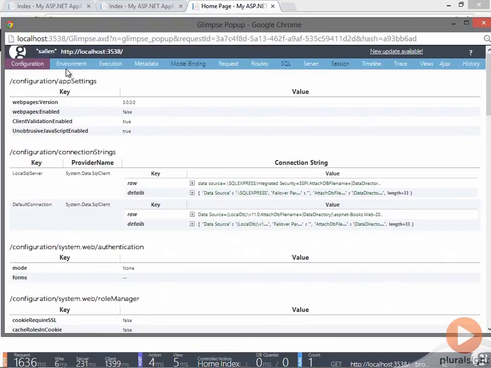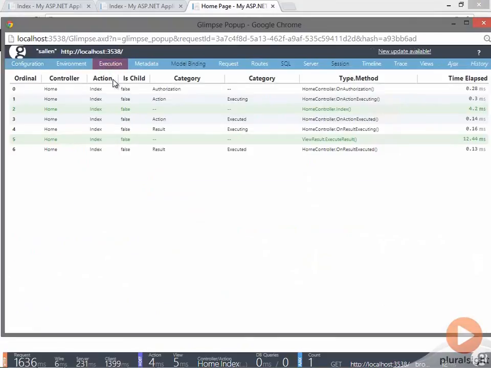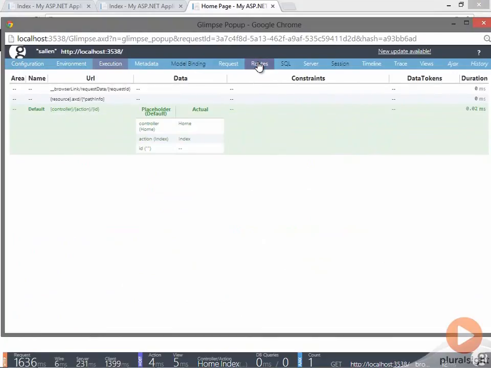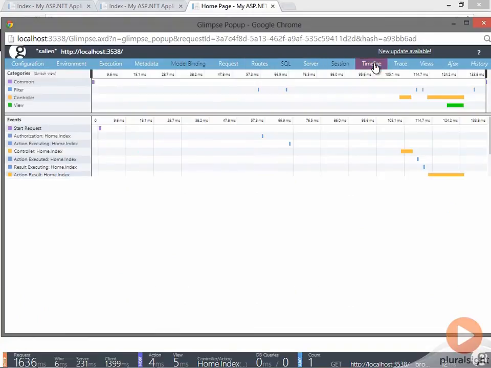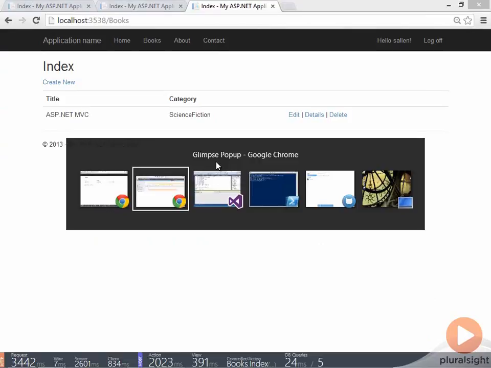All of my web.config settings are available, the operating environment, what is executing on the server, what controller actions. I can also look at routes, what routes were evaluated, what route was chosen. And then there's a timeline view, which breaks down different pieces of the request lifecycle to show me where my time is taken. And now if I go to a page that's using the Entity Framework to perform some queries,